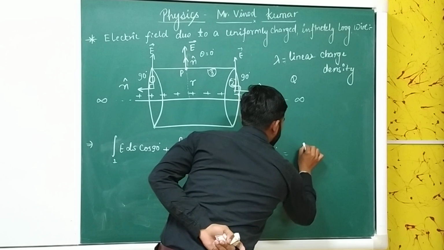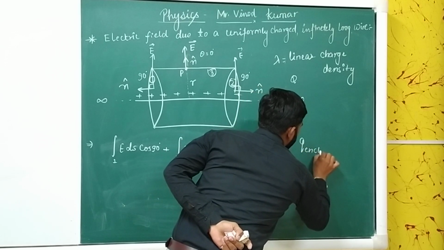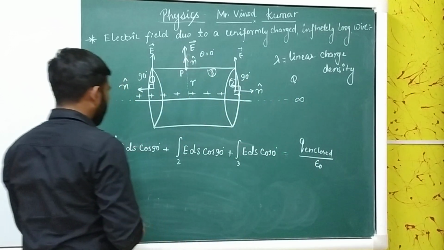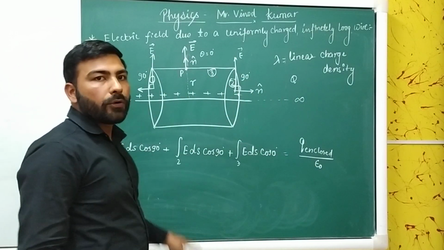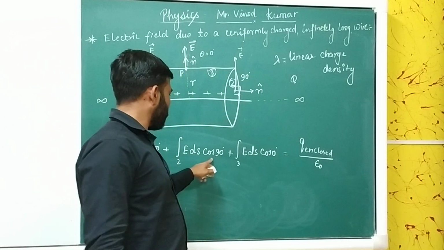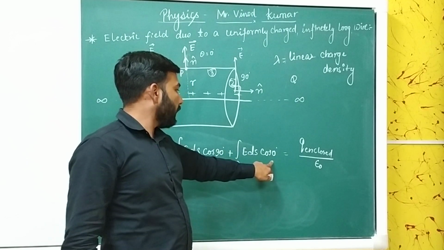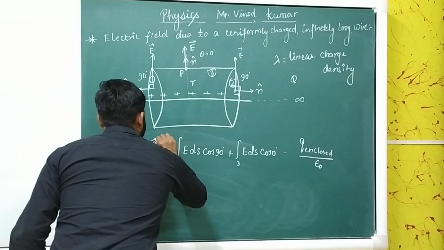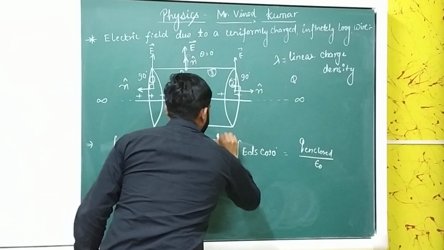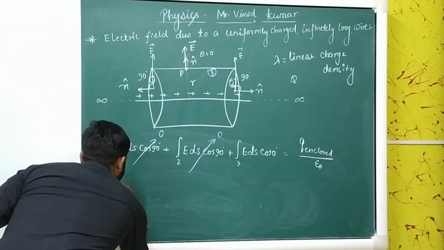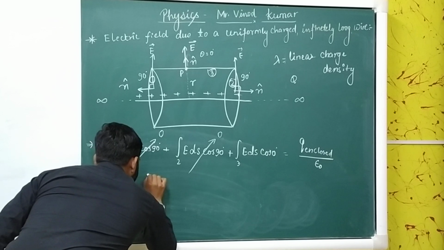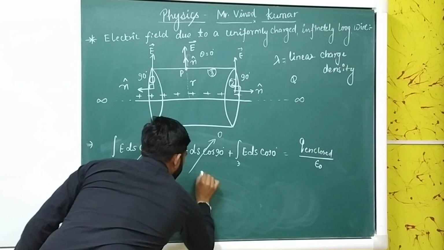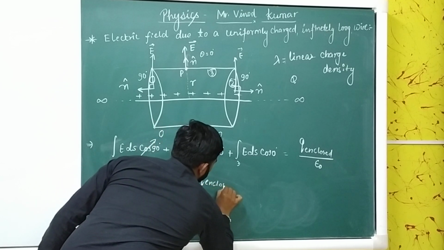Now it will be equivalent to Q enclosed upon epsilon naught. As we know the value of cos 90 is 0, and for this also the cos 90 will be 0, and the value of cos 0 degree is 1. So this will be equivalent to 0, this will be equivalent to 0. Now it will give us E into ds equals to Q enclosed